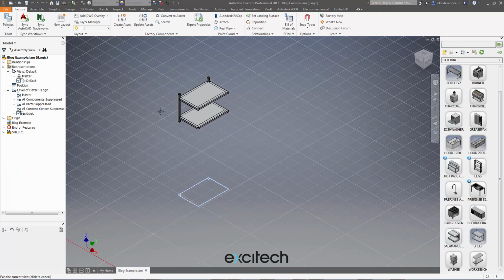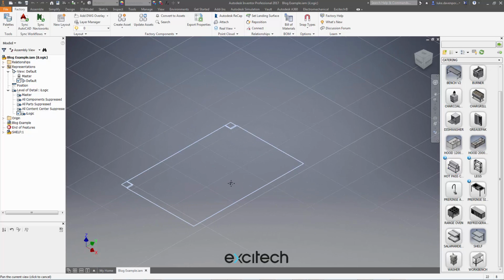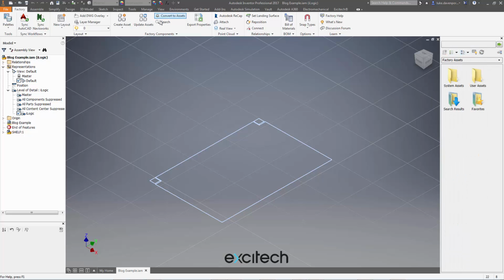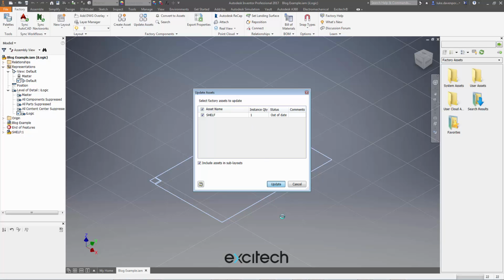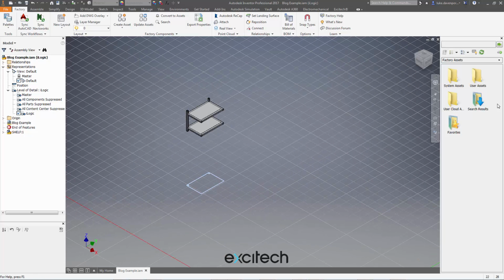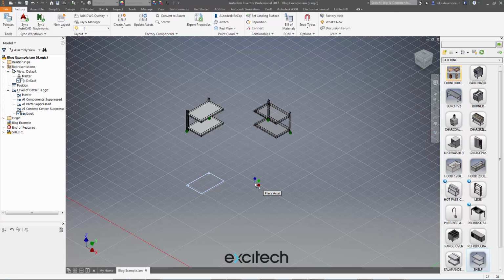Okay, now if we place another shelf, we'll see the descriptor on there. You can see it hasn't appeared here, even if we refresh, or even if we update the assets with this button here. If I say update, I don't believe the descriptor comes in straight away. So yeah, there's no descriptor there. You actually have to place the assets in again, so it only works for newly placed ones. So if I drop in another shelf,